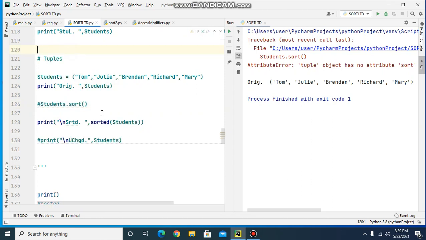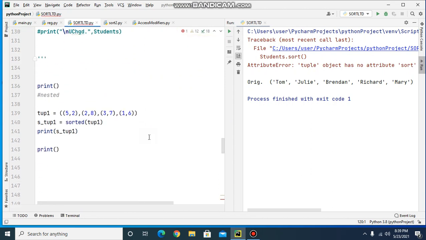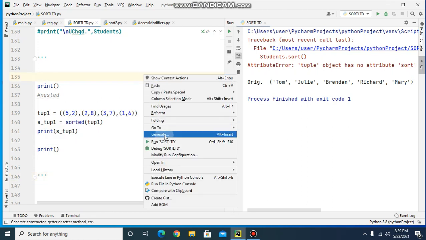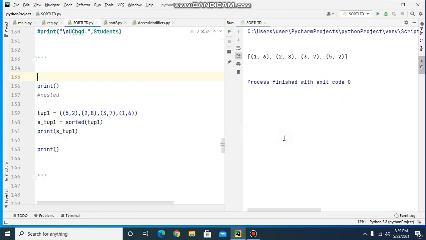Now we will see the sorting of nested tuple. Here I am having this nested tuple tup1. I am sorting this tuple using the sorted function and storing the result in this variable stup1 and printing the result. We will execute this.